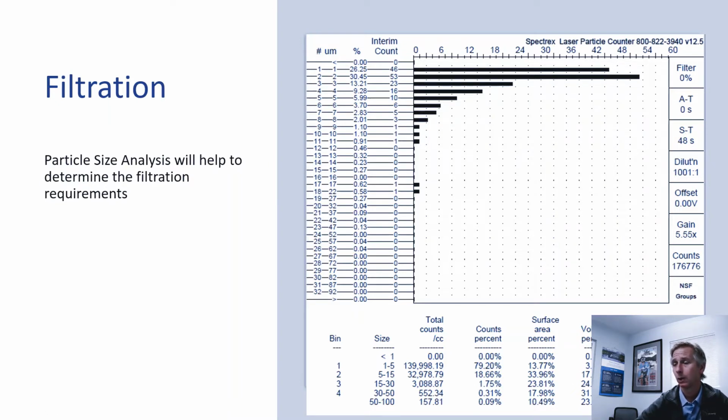However, when you go to the bottom of the chart here and look, you'll see that the volume percent and mass of material and particles in this irrigation stream have a particle size of greater than 15 microns. So more than 80% of the volume of mass of material in the irrigation is